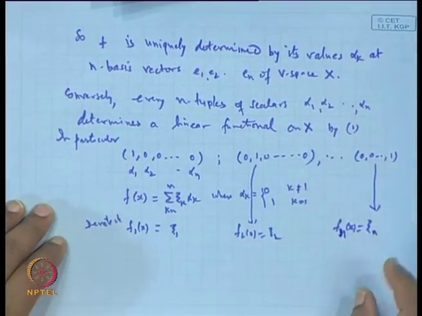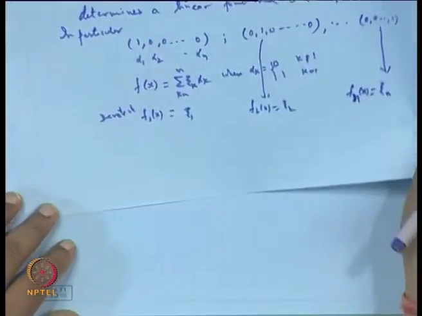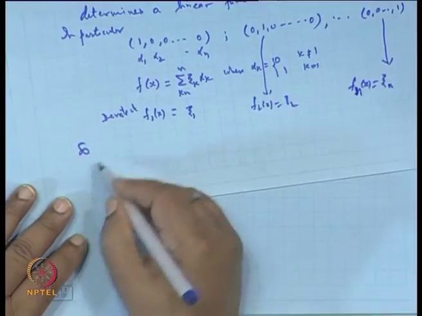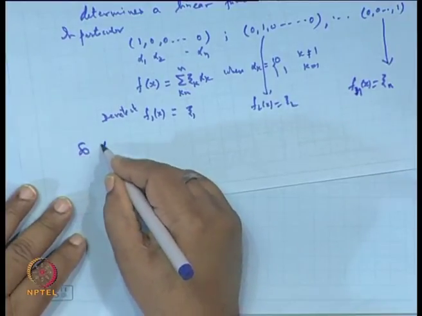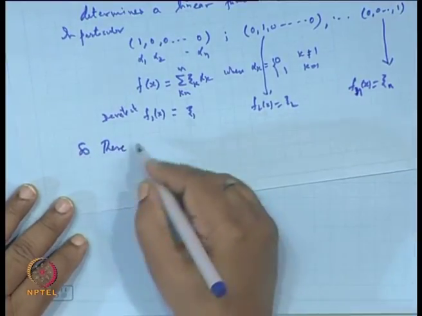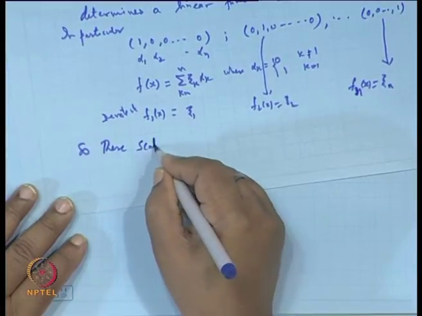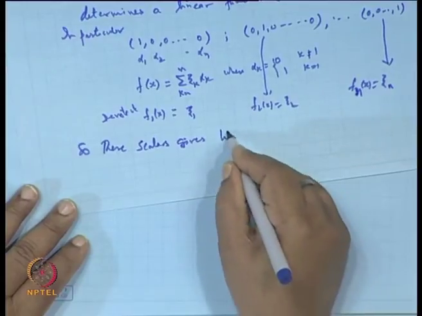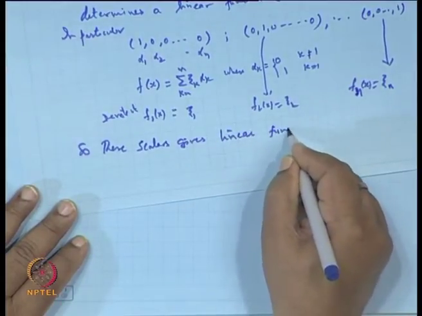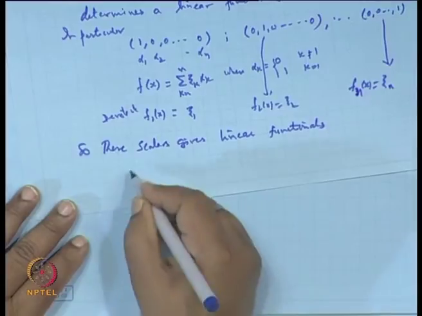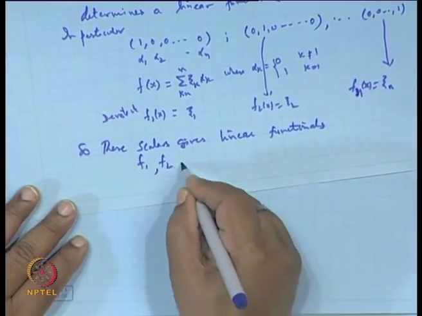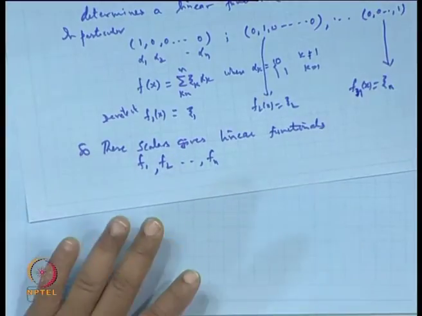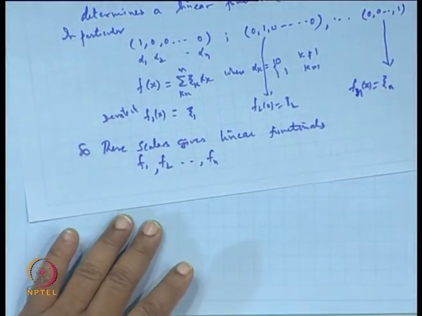It means this set of scalars gives linear functionals f1, f2, ..., fn